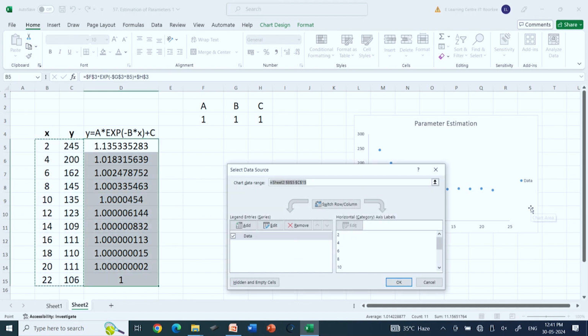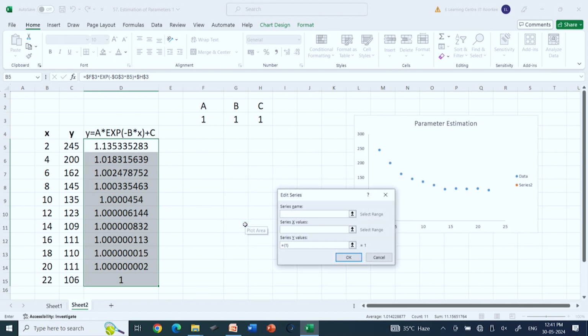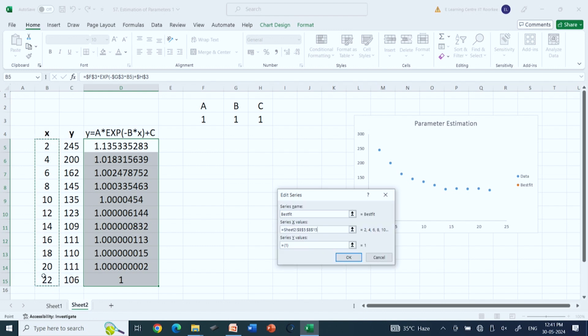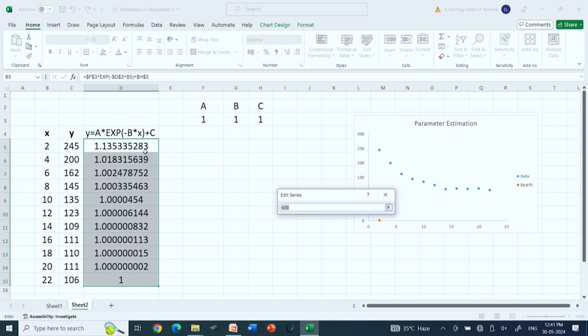You select data, you go to add, you give a name, I put it best fit, get the x values, which is these values, and get the y values, which is these values,